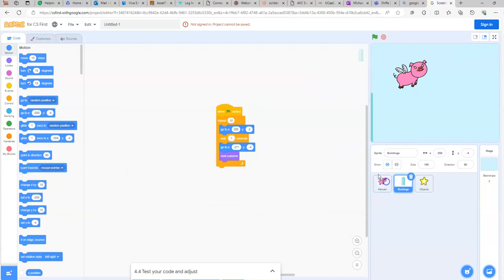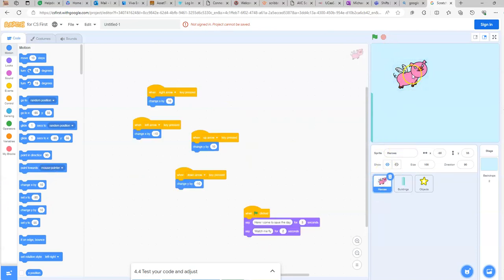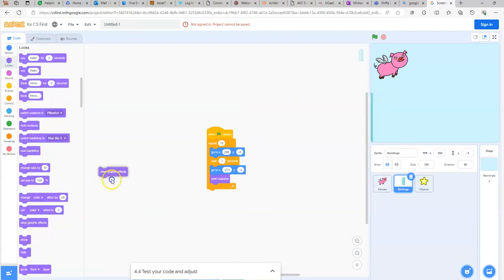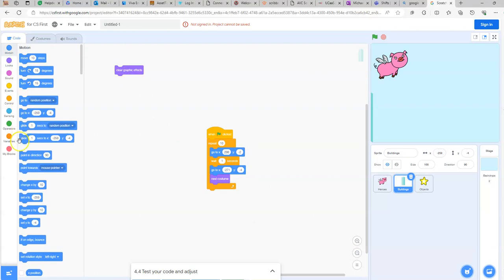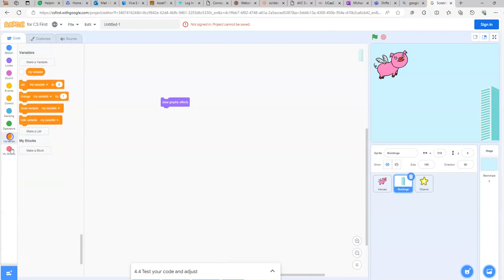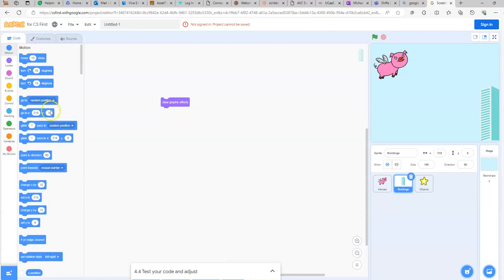All right, let's get our, okay. So one thing we can do under looks is go in and drag out the block that says clear graphic effects, and we should be able to push that and it brings back our stuff. Nothing I'm doing is working today. Let's go back and, oh, okay, I see it. There's our block. So I just want it to go left to right, so I don't need an XY value. Let's do this again. Under motion, I just want it to